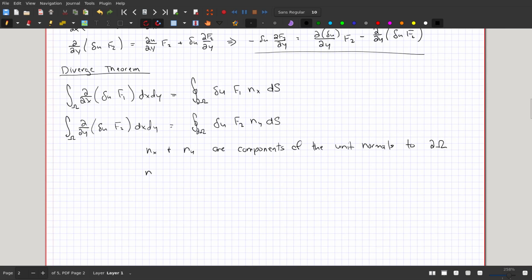So for example, if we have a unit normal vector defined by nx ex plus